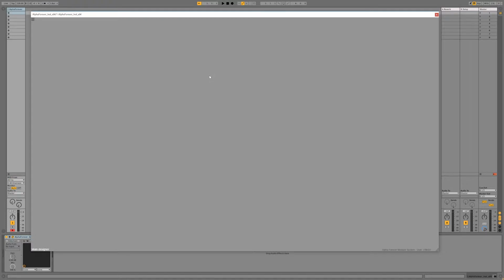Hi, in today's noding session we are going to do some gating techniques. So first I'm going to create a MIDI node,